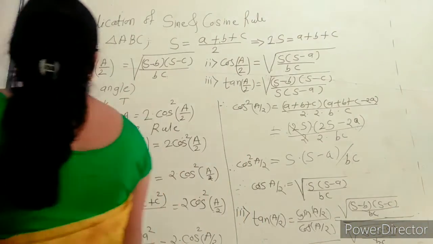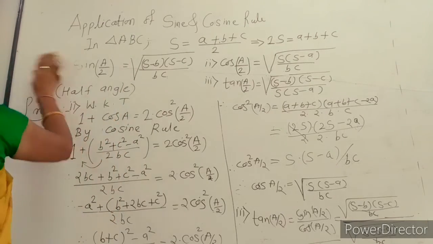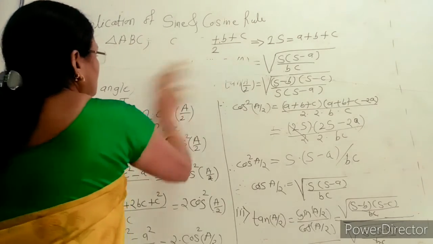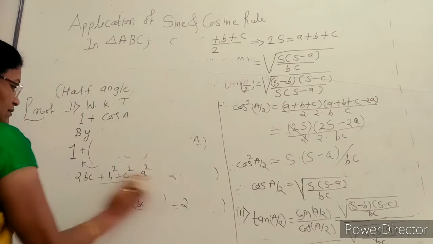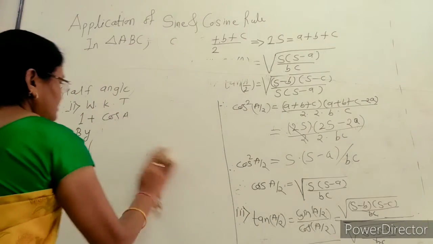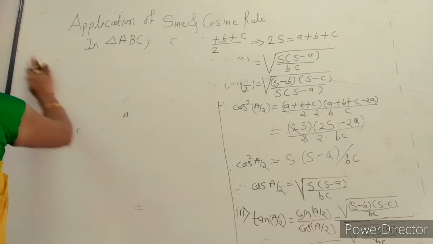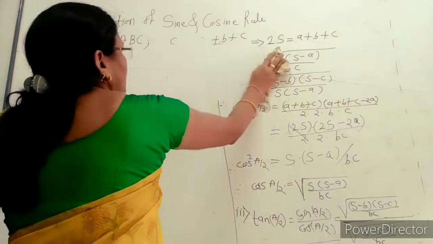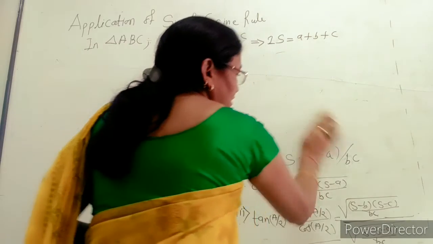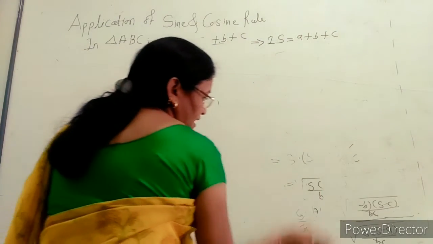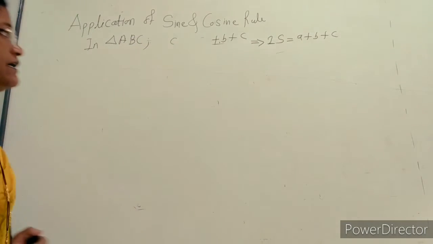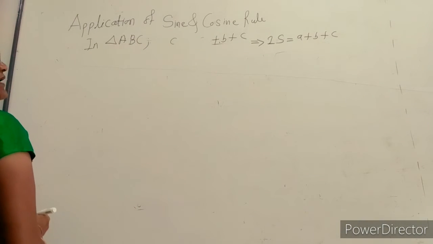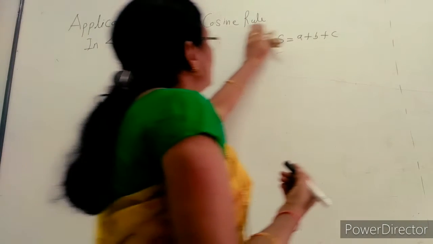Now the second application is about half angle application. For the second application, we take the area of a triangle. In 10th standard we already learned the result of the area of a triangle, and in the previous year, 11th standard, we took the area of a triangle with the help of the lengths of two sides of the triangle and the sine ratio of the angle between them. So for this we find again the area of the triangle.